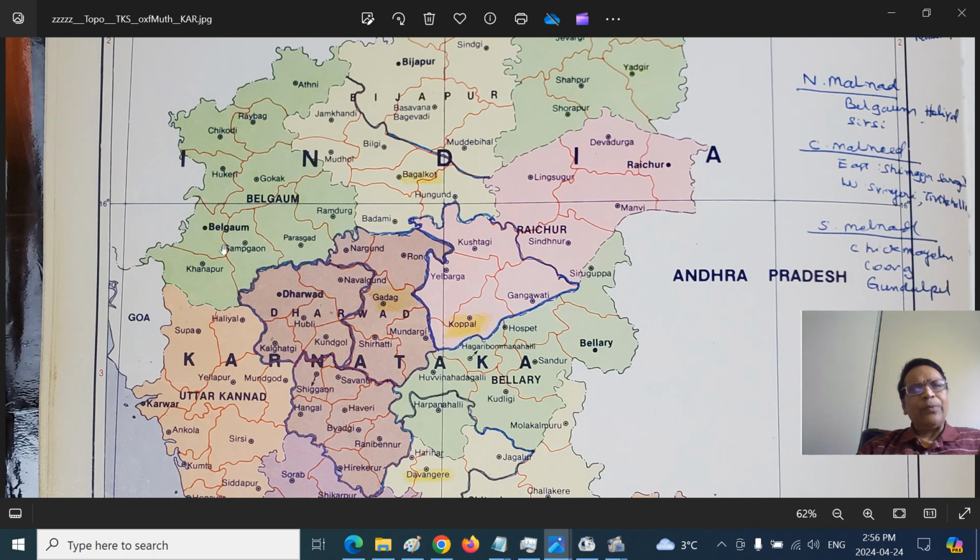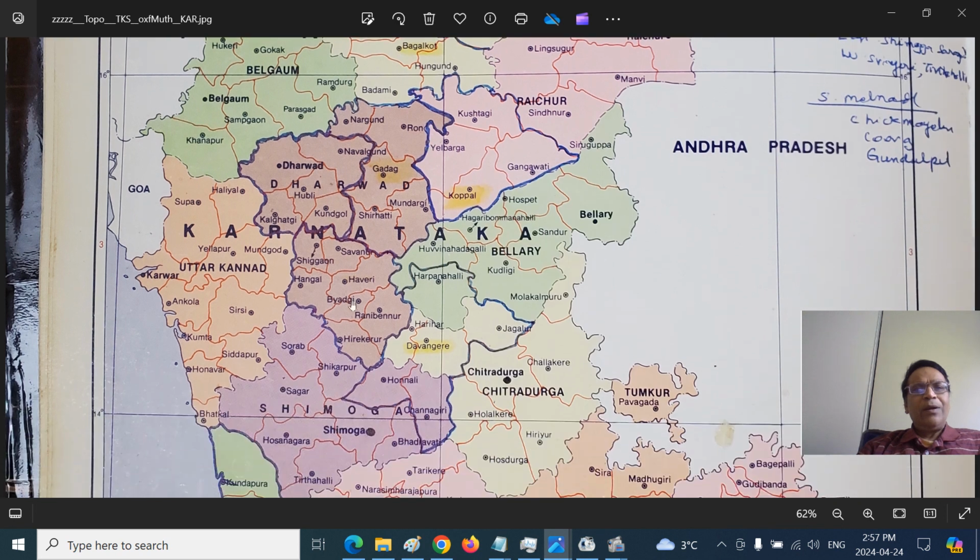Kolhapur. And this is the Athni Taluk here and north of Krishna River and Raibag. Here the Krishna River comes somewhere here, and here the Chikodi and Hukeri. These are the western part, next to the Ratnagiri district, now called Malwan district, Sindhudurg district and so on. So Chikodi and Hukeri, Belgavi and Khanapur, Sampagaon, Parasgad and Ramdurg.